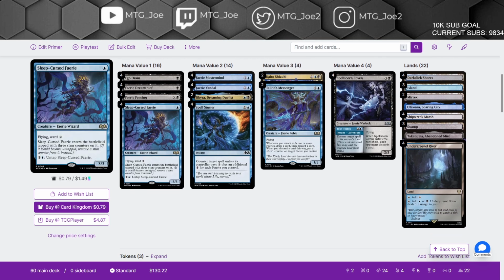Starting off, the concept of this deck is cheap pseudo-flash creatures, paying cheaper mana, which is typically what tempo is, than your opponents are. So if your opponent's paying 4 mana for a spell, but you're paying 2 mana to kill it or bounce it or counter it, then you're coming ahead. And there's a bunch of cards that care about fairies in play, so we're going to have an abundance of